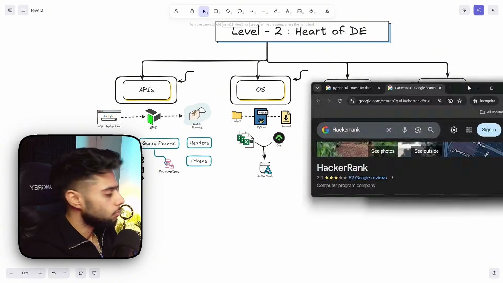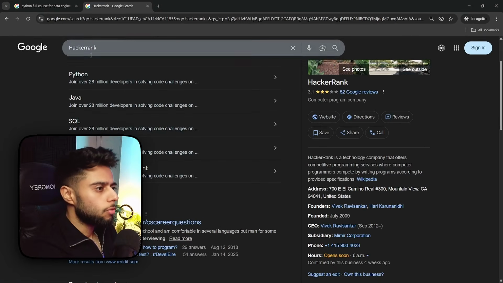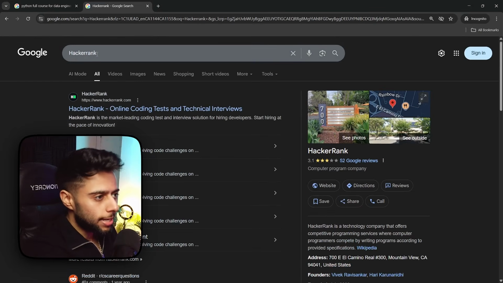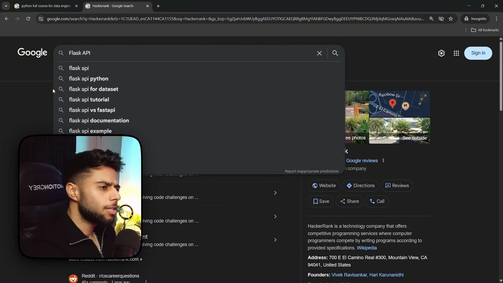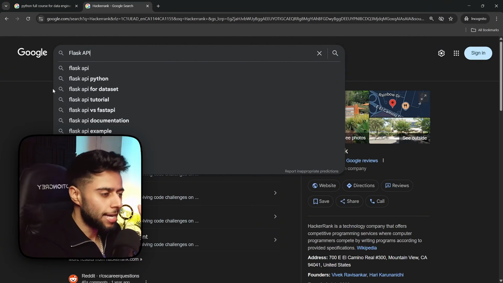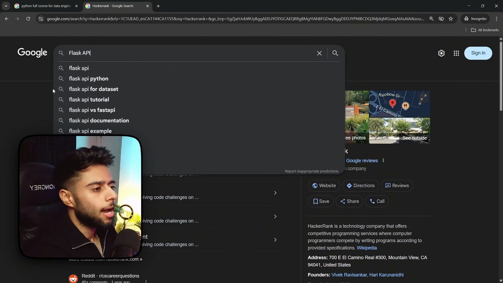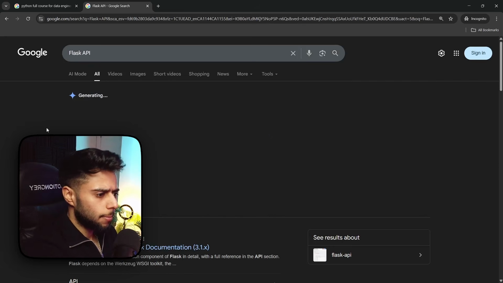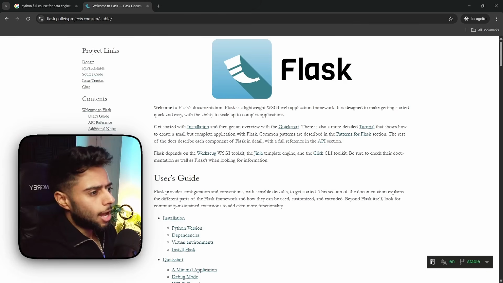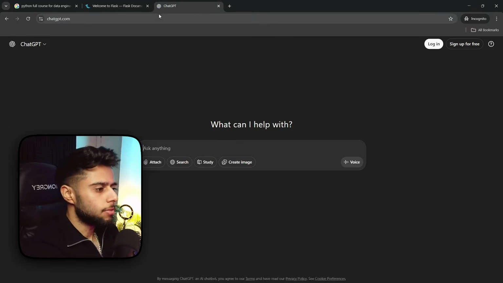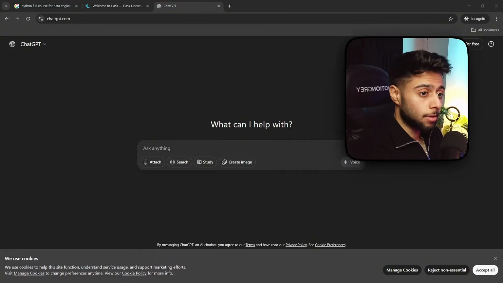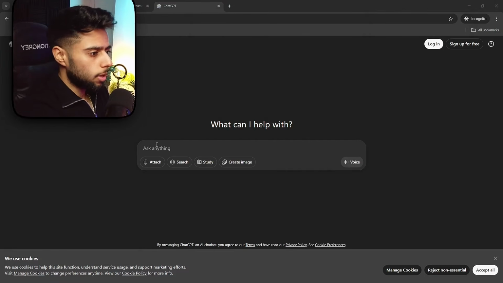Number one thing is we are covering Python. If you want to learn about APIs, you can go directly to an API documentation, which is Flask API, because Flask is a kind of lightweight API that will help you understand a lot of things. So simply search Flask API and go to the official documentation. And I know you are living in the AI era, so you can also go to ChatGPT. This is the best way to learn about APIs, and it is my personal recommendation as well. So you can simply say, I want to learn